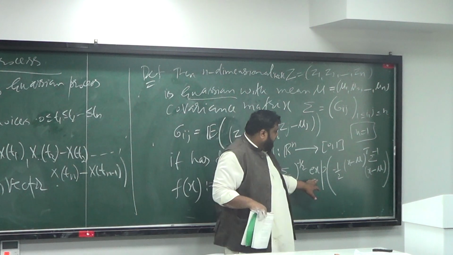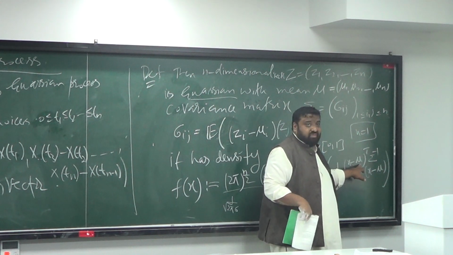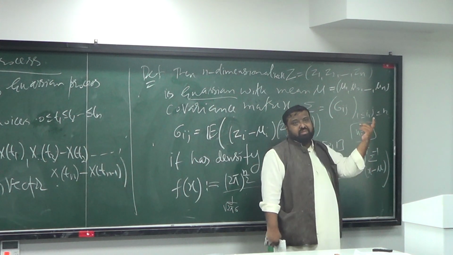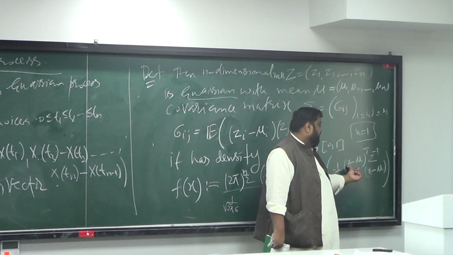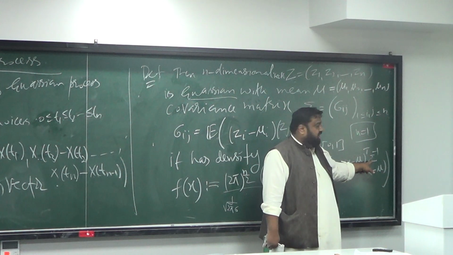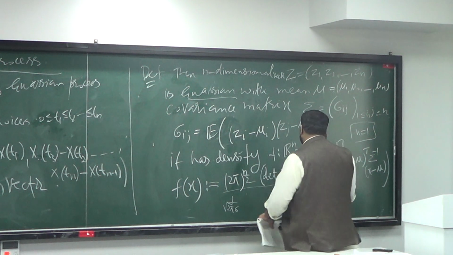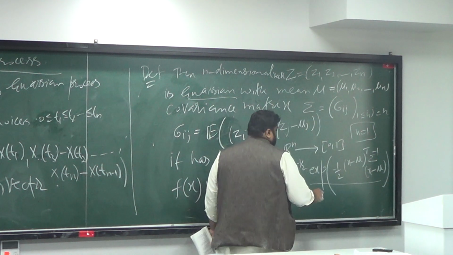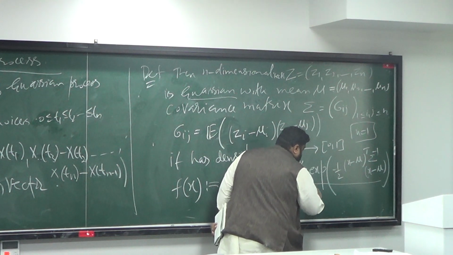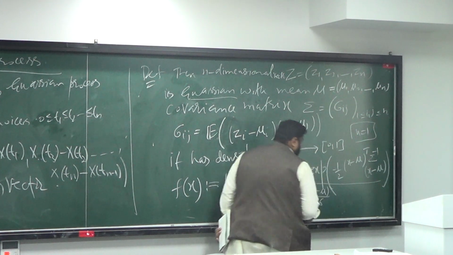And what is this going to be? Exponential of x minus mu. So x minus mu transpose, but this is a one-dimensional matrix, so it's going to be simply x minus mu. Sigma inverse is going to be 1 over sigma times x minus mu squared. So this expression is precisely going to be e to the minus (x minus mu) squared over 2 sigma